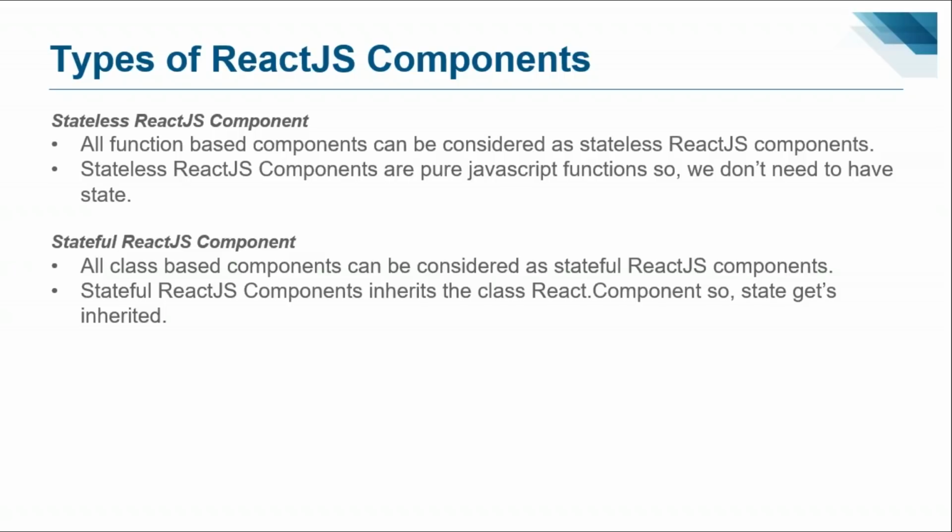For example, consider a state object with properties A and B having values 1 and 2, so A is equal to 1 and B is equal to 2 respectively. Now, calling setState, what will happen? Calling setState with the property B equal to 3 and C equal to 4 will produce a new object where B becomes 3 and C is equal to 4. The previous value of B was 2. That is how the property A remains unchanged. The property B in this case is overwritten by the new state,